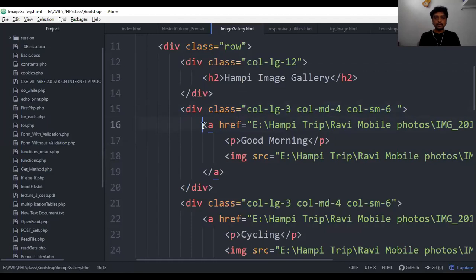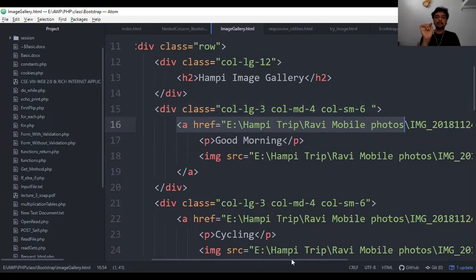For that, later I have written the code for the hyperlink. This code is for when I click on the image, it should display that image in the full screen. So for that, I have written that in the anchor tag. A stands for anchor tag. Anchor tag is used for hyperlinks. Inside the A tag I have called href. That is the link where the image is going to be viewed in the full screen.